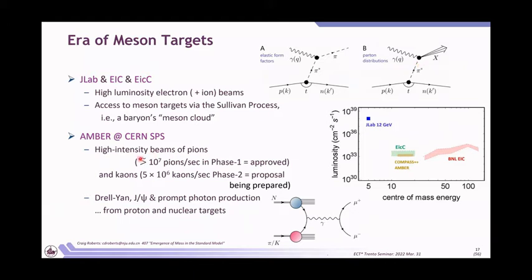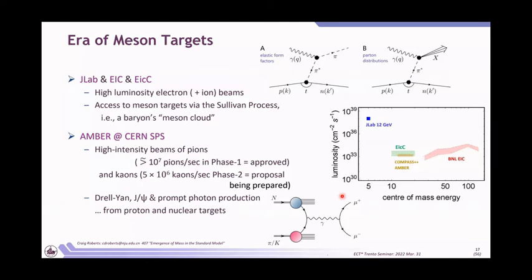The other handle is the fixed target program at CERN SPS, the AMBER proposal. Phase 1 has been approved. That will give us beams of 10 million pions a second. And in phase 2, for which the proposal is being prepared, we'll have 5 million kaons per second. And these beams, projectiles, give us what is effectively a pion or kaon target through the Drell-Yan reaction. And J/psi and prompt photon production can give us access to the gluon content, which makes this AMBER project quite